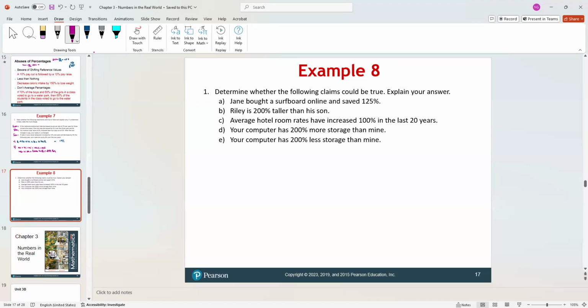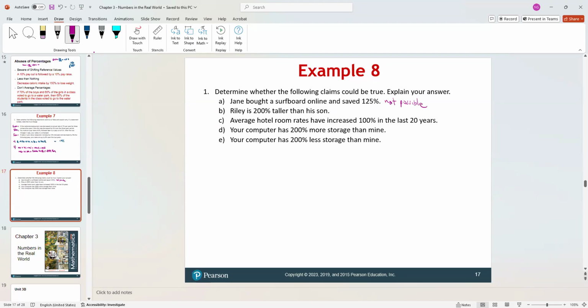Not possible. A bill can decrease at most 100%, right? Not 125%. If I owe you $200 and you say, you know what, I give you a credit of 100%, that means I have nothing to give you. But if you say I give you a credit of 110%, then actually I'm expecting you to give me money back. I don't owe you anything for your $200, but you still need to give me money. So that's not possible. That's really abuse of percentages.